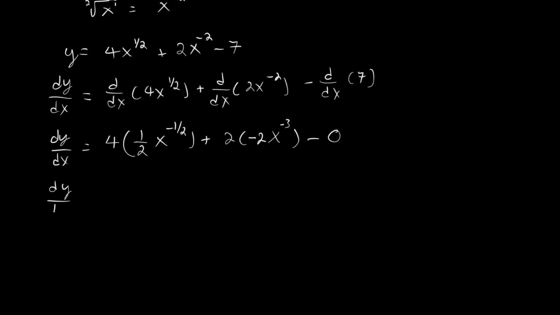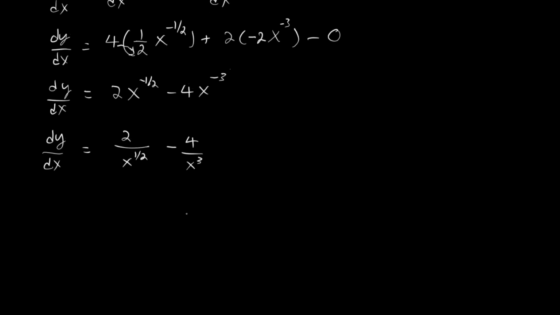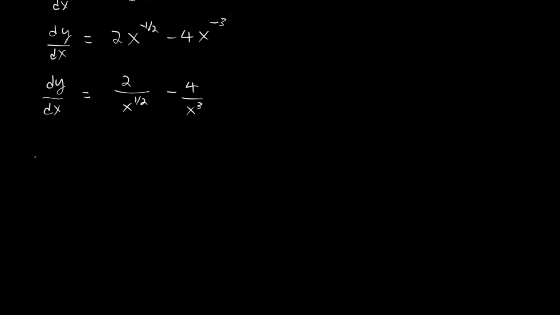And now let us simplify our answer. 4 divided by 2 is 2. 2 times negative 2 is negative 4. Since the exponents are negative, you can write them as denominators. You can also make x raised to 1 half into square root of x. Therefore,